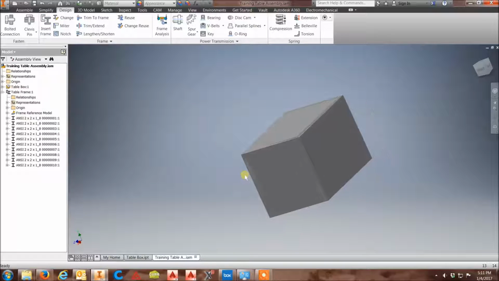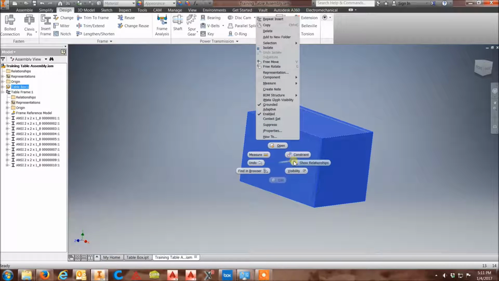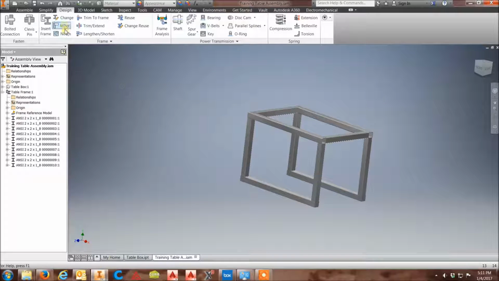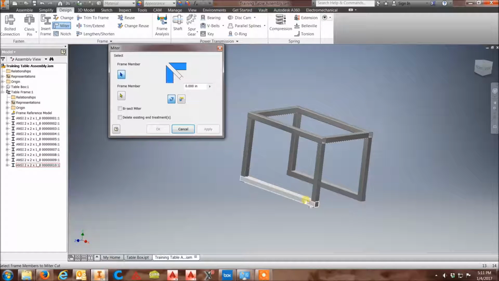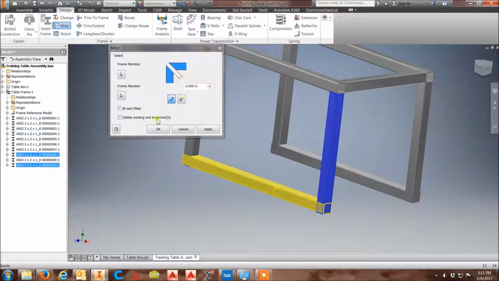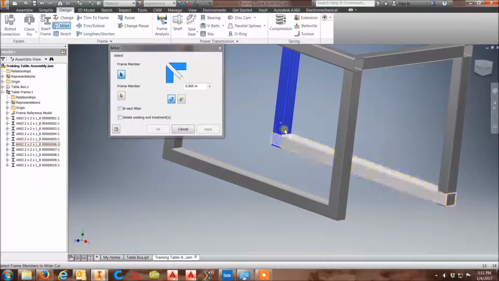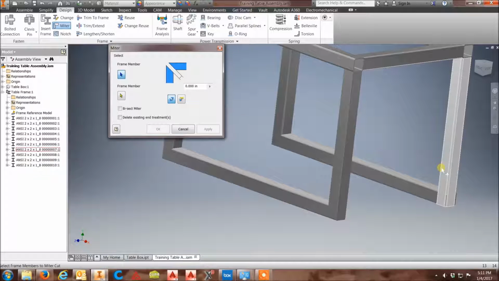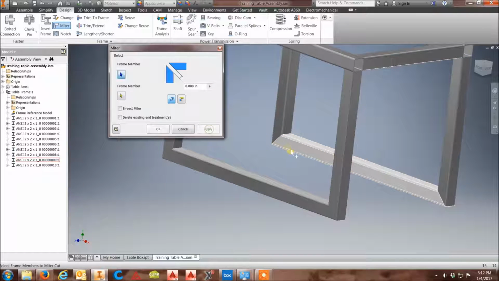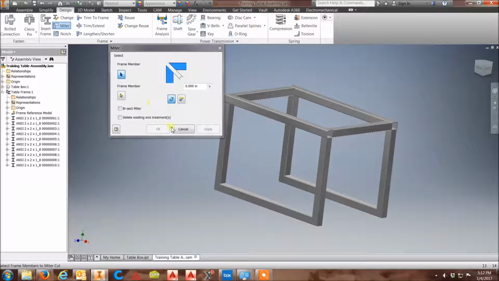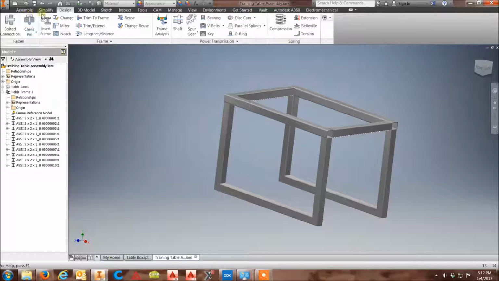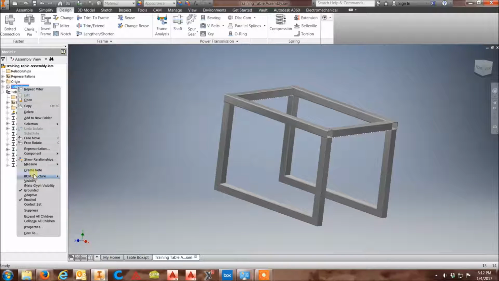Okay, so going back to that. Now if I want to put a miter connection between these two, I just do this, click on both the members, apply, and now we have a miter joint there. Perfect. Okay, and now let's say I want to add another cross member in between right there, but on the